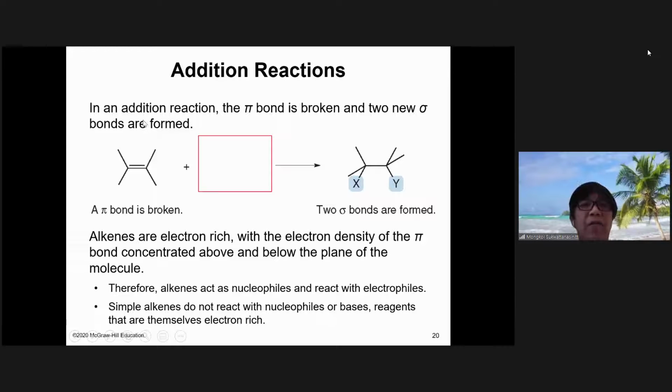Okay, let's start with the reaction of alkene. The most important reaction for alkene is the addition reaction, which involves the reaction of the double bond with reagents, so that the pi bond of the double bond will be broken and the groups, in this case X and Y, will be added and form sigma bonds with the carbon atoms of the original double bond here, as you can see, and we call this addition. You can see that in addition reaction,